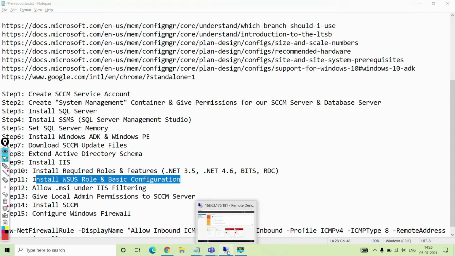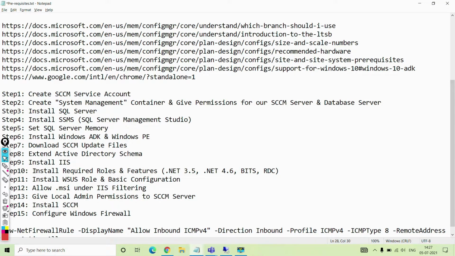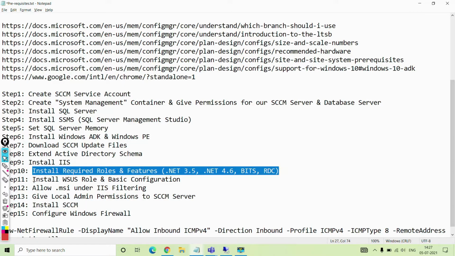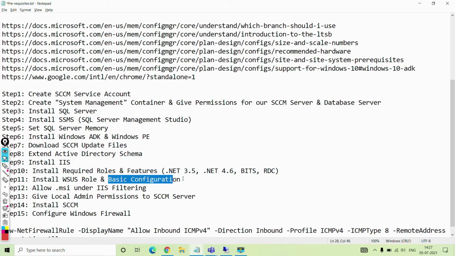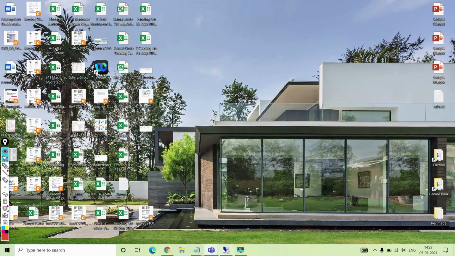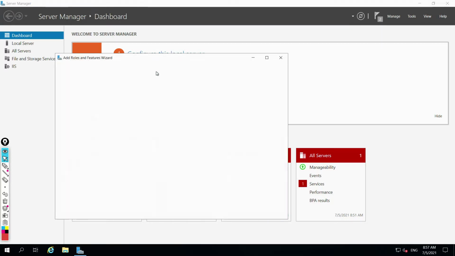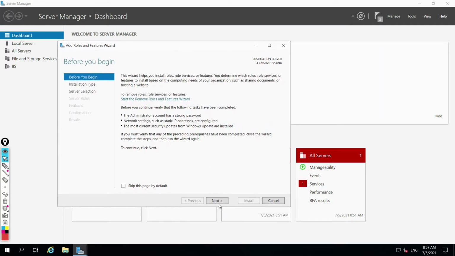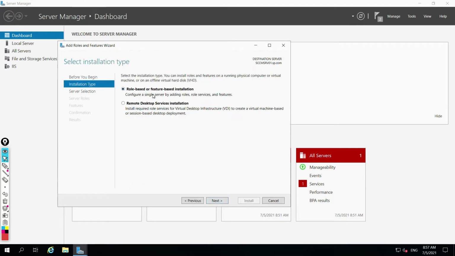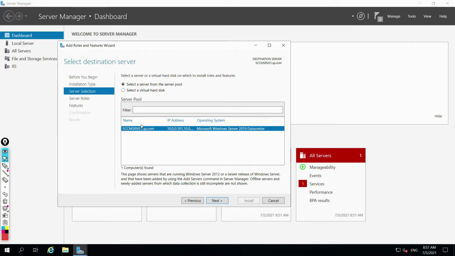Right, so we installed these roles. Now we will install the WSUS role and we'll do the basic configuration. So I am on my SCCM server, right? So we'll go to Add Roles and Features. We'll do next. We'll select role-based or feature-based installation. Next, we'll select our SCCM server. Next,